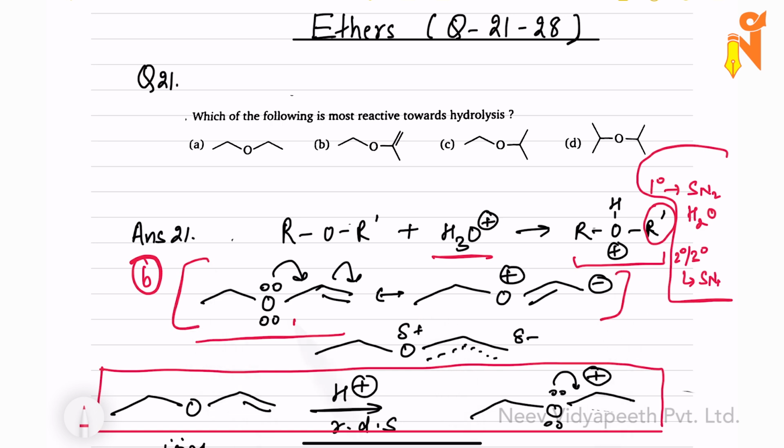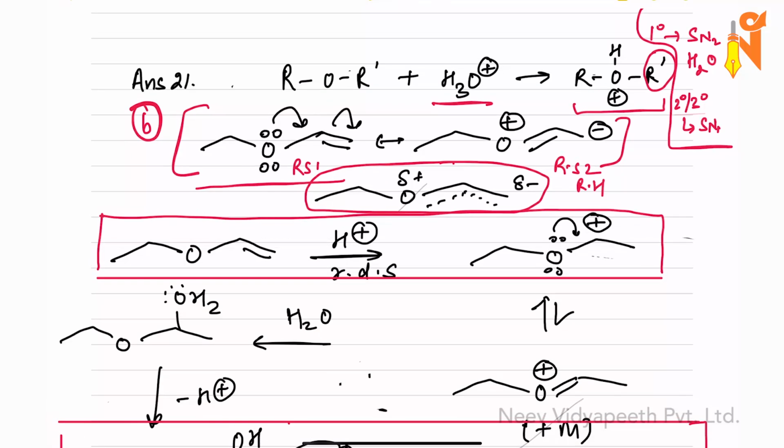This is resonating structure 1 and this is resonating structure 2, where the oxygen's lone pair is participating in the resonance, causing the formation of negative charge on the carbon and plus on the oxygen. So this is how the resonance hybrid is going to be. That means when H+ has to attack, because many kids ask why H+ is attacking on a specific position, it attacks on this carbon.